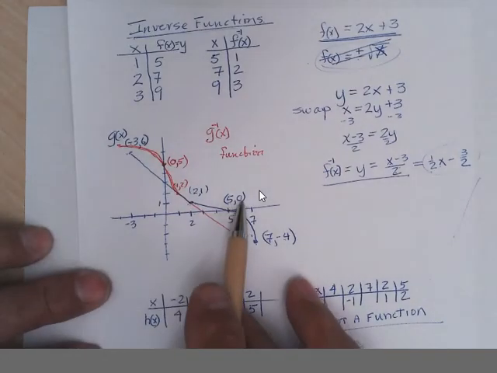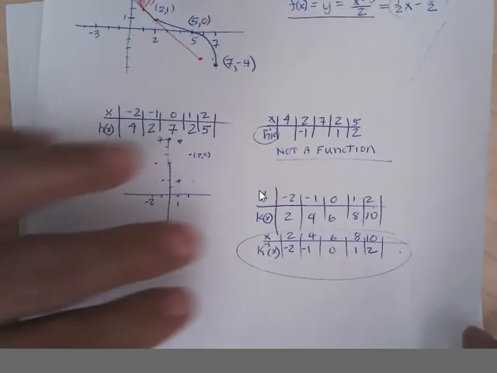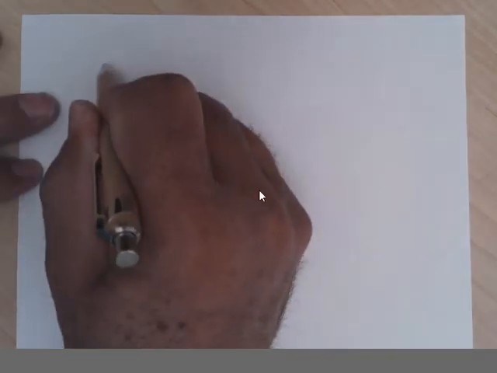Okay, now the hardest ones probably are the equations. Graphing, it's pretty easy just to switch the coordinates to get a picture of the inverse. A table, it's pretty easy just to switch the two rows to get the inverse. But if it's an equation, you have to be able to do a little bit of algebra. For instance, let's say